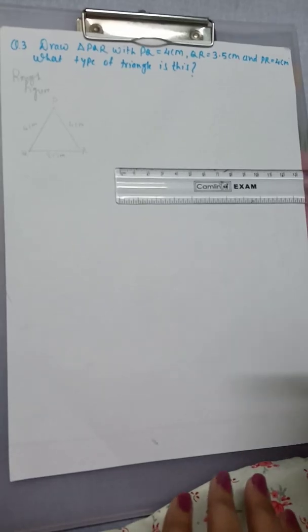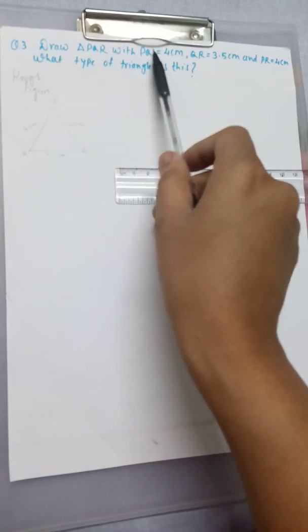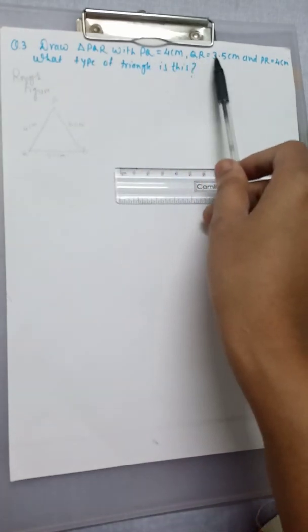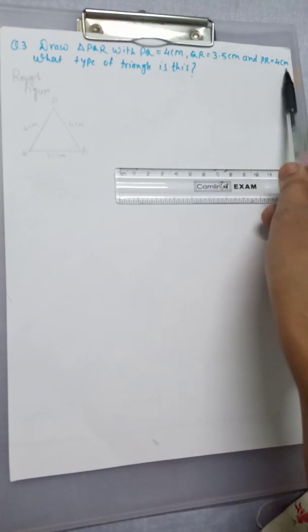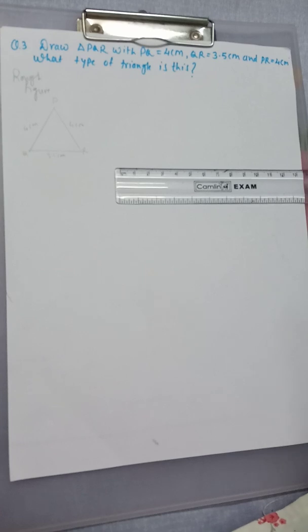Now we will see question number 3. Draw triangle PQR with PQ 4 centimeter, QR 3.5 centimeter and PR 4 centimeter. What type of triangle is this? Okay, so here